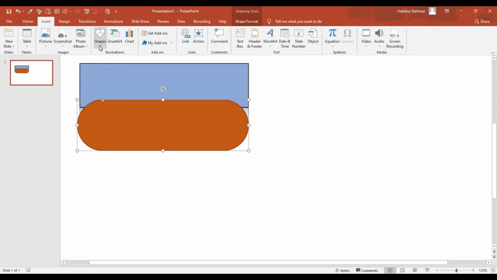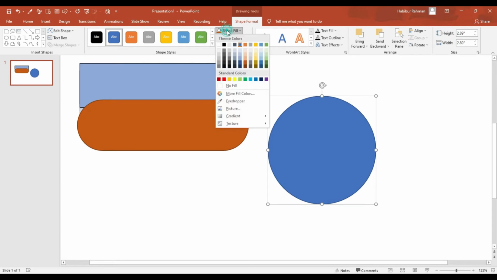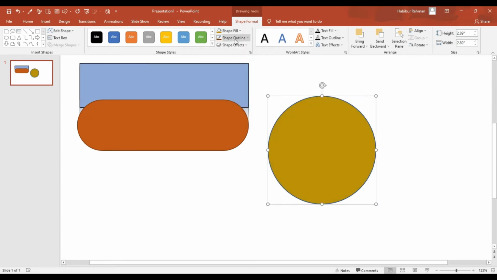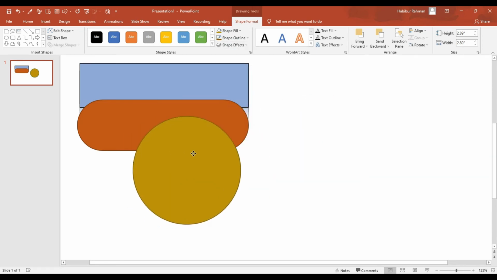I'm drawing another shape, elliptical shape, but this is not perfectly going on. If you want to draw your shape with proper ratio, you just hold the shift key on your keyboard and draw your shape as you want, just like this. I'm changing its color, shape fill, and outline color, this color. Okay,